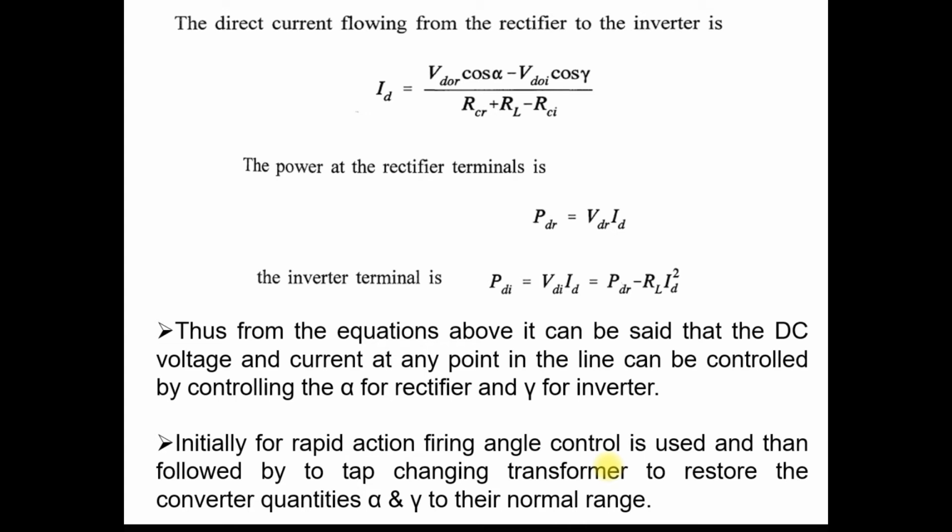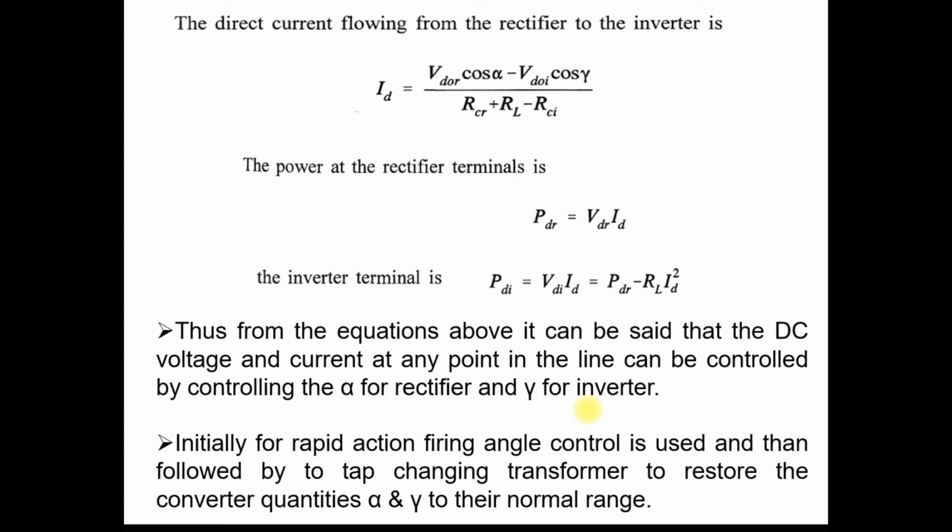The second way to control the voltage and current in the HVDC system is a tap changing transformer. But again, the tap changing transformer is not a very fast response to control the voltage and current. Clear? So first we use the gate control, because it is a rapid control system to control any parameter of the HVDC line, normally voltage and current, and after that we use tap changing. Why? Because tap changing has a very slow response. It gives us a change in steps, taking 5 or 6 seconds per step.